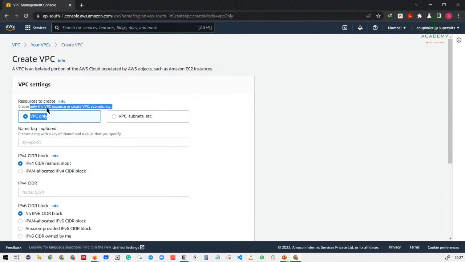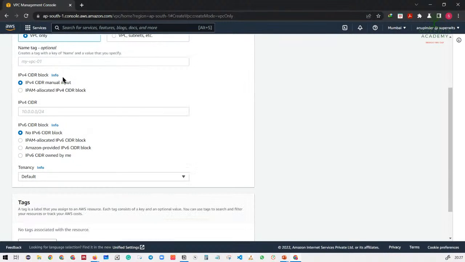So you can create only the VPC resources, or you can create the VPC along with the subnets, routing tables, internet gateways, and all that stuff. So this is the very first thing, what resources you want to create. Then you have to provide a tag associated with that VPC. Then you have to provide the IPv4 CIDR